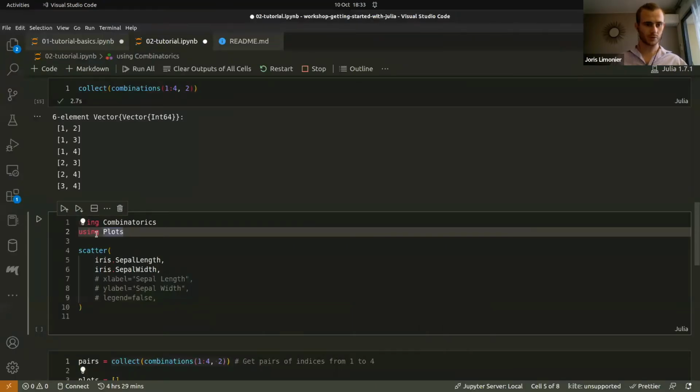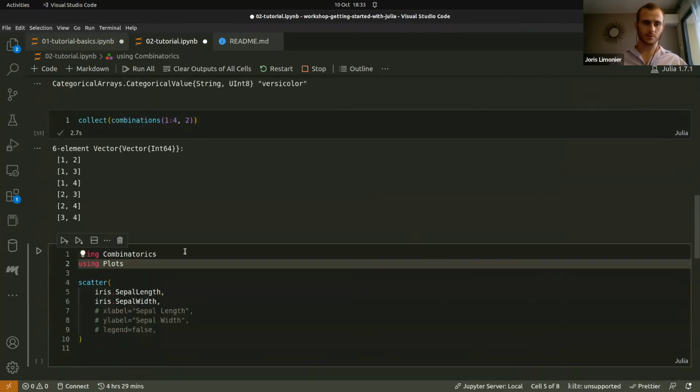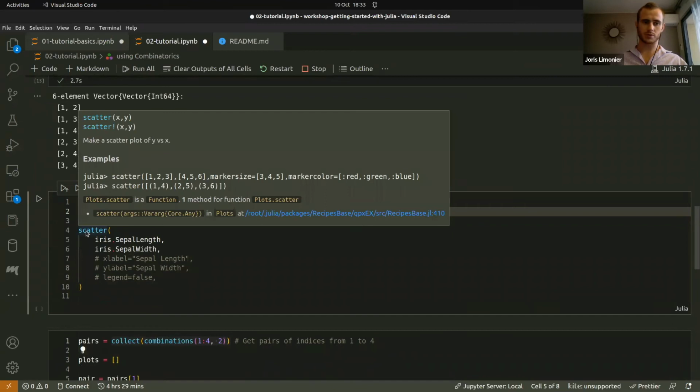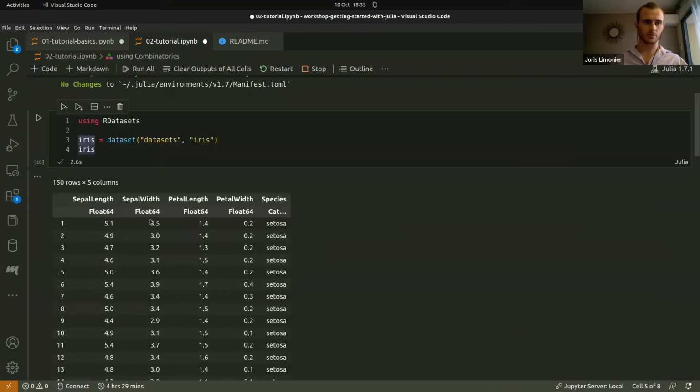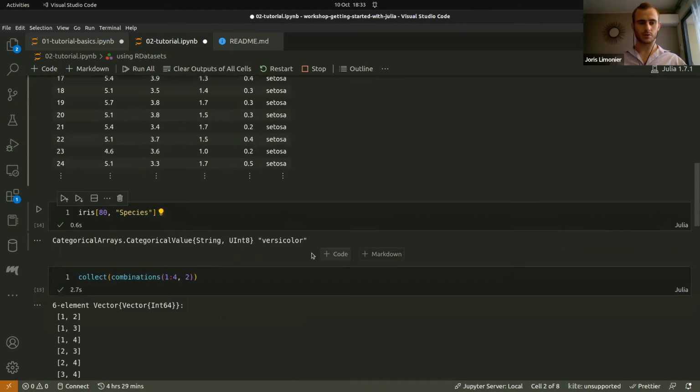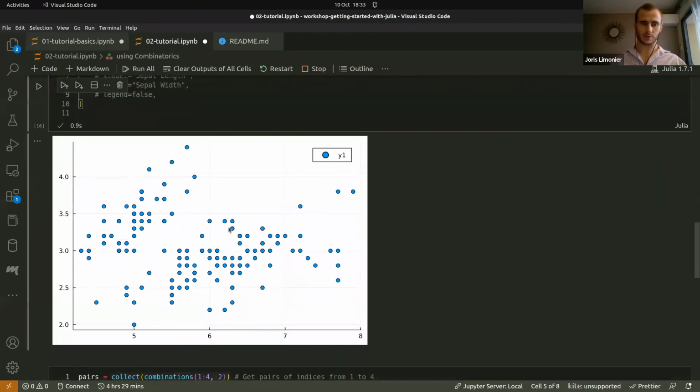Okay, so back to Plots. The way to use it is super straightforward. So you just call scatter, and then you pass it whatever variables you want. So here we're using sepal length and sepal width, because here they are, sepal length and sepal width. If you're following along, trying to code along, just make sure that you follow the names, like the keys and everything, because otherwise I think it won't work. And then if you press enter, you will get a nice plot,